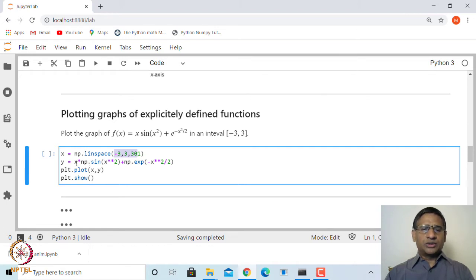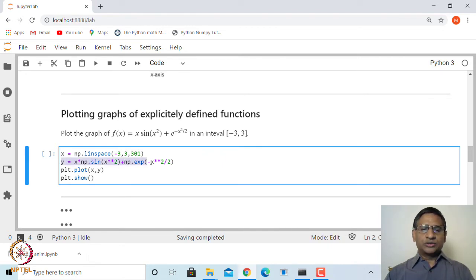Now, since we want f of xi for each xi, you should be using sine and exponential from NumPy, because sine, cosine, exponential functions operate on any NumPy array. Okay.